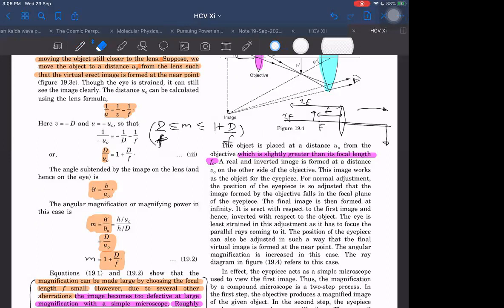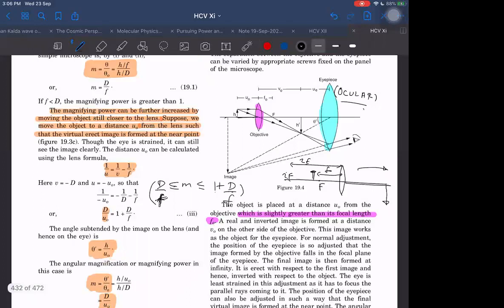And we want it to be magnified as large as possible. So we know the largest magnification will be possible if I keep the object just at the focus. But for that, there will be a problem. If I do that, then the image will be formed nearly at infinity. And if it is formed at infinity, then the distance between objective and eyepiece I should keep very much larger. We cannot do that. This will be a finite length between objective and eyepiece. Some small distance will be there. Small means not that much small, but as compared to focal length, it will still be larger. But still it will be small only. The distance will not be that large.